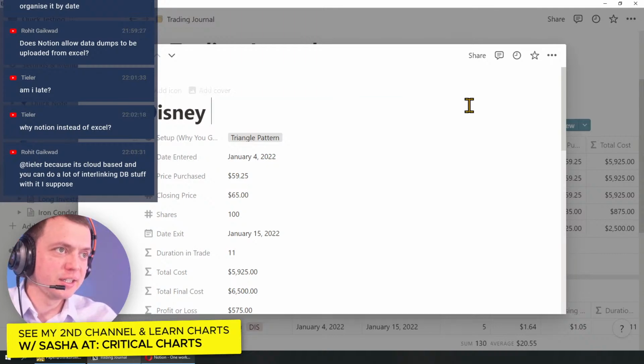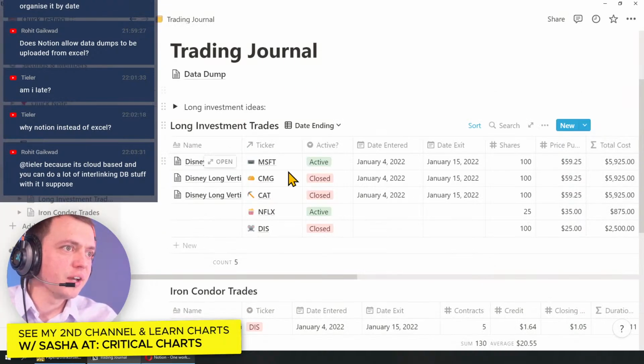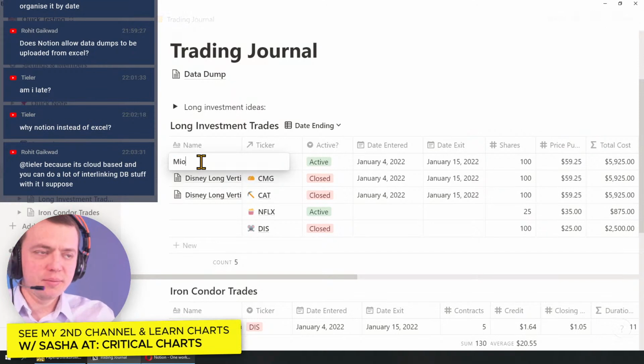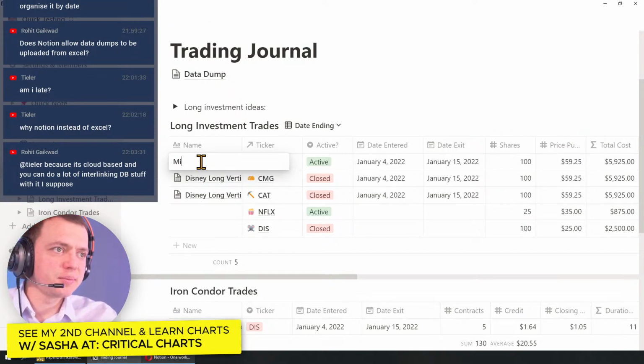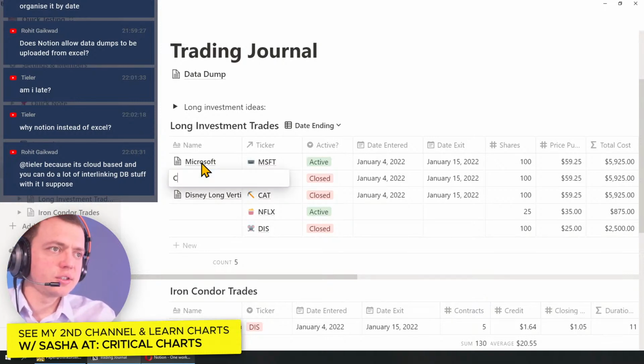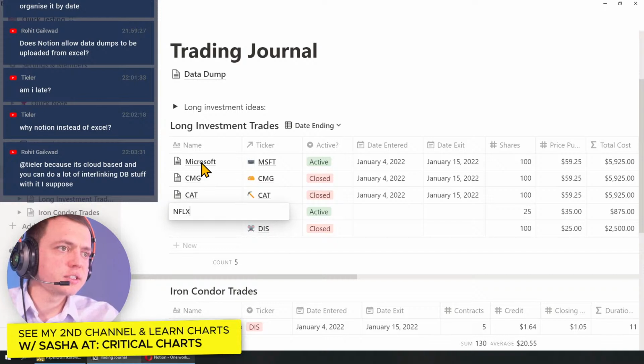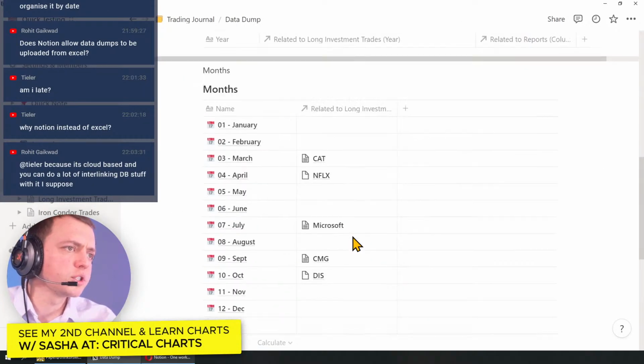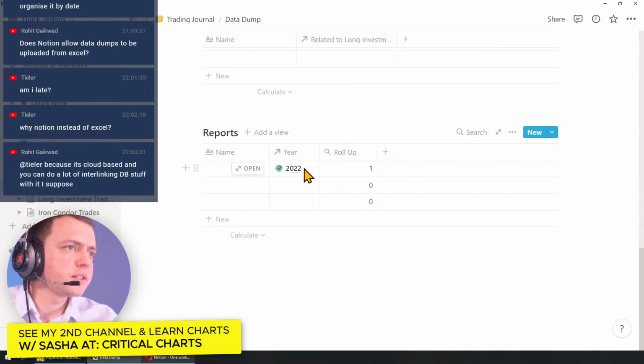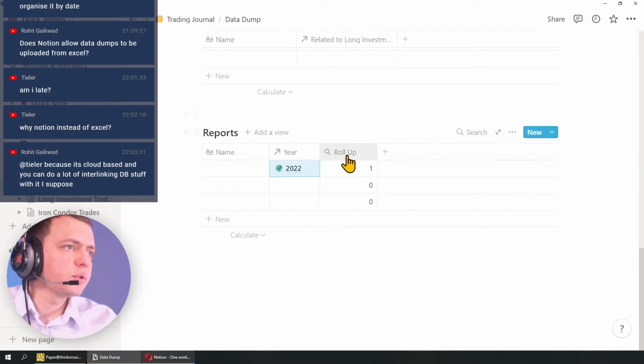Because this is a Disney. The other one I've got is like a Microsoft. So okay, let's just see if we change this up. Microsoft, CMG, then we got Caterpillar, and I got Netflix, and Disney. Okay, so now let's go back to this data dump, and you could do reports as well with it. Okay, so now we'll go in and we'll do